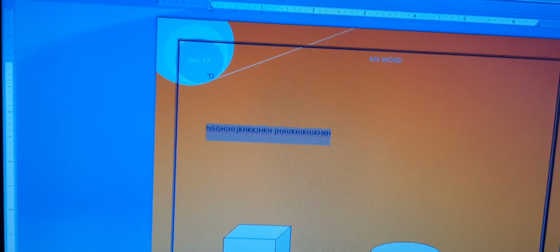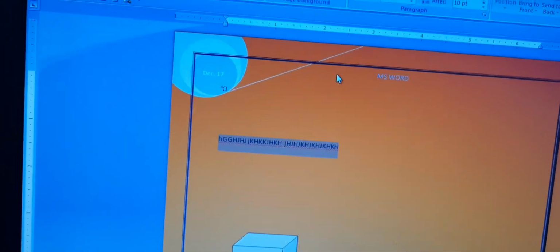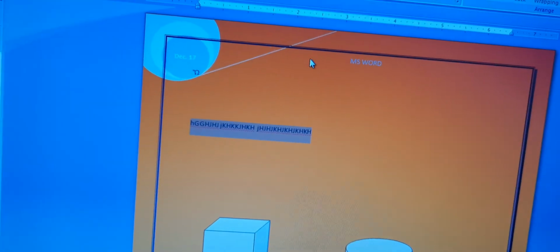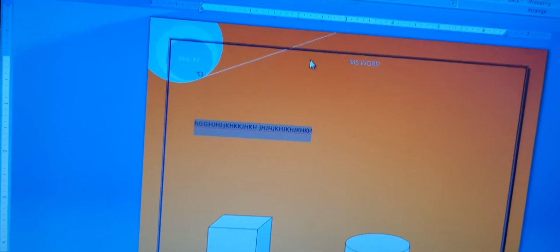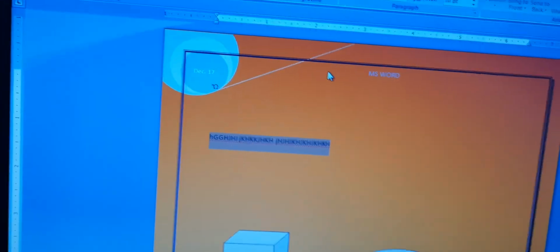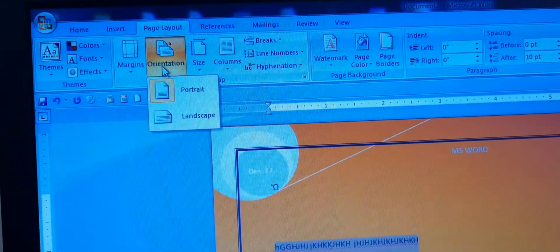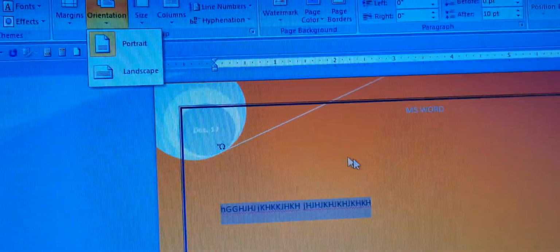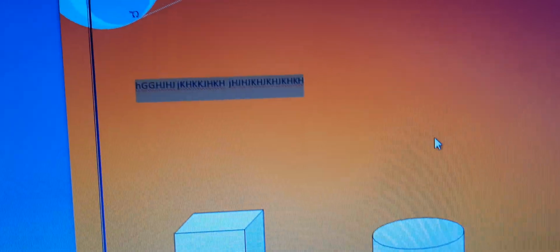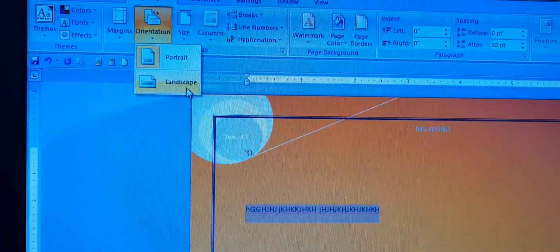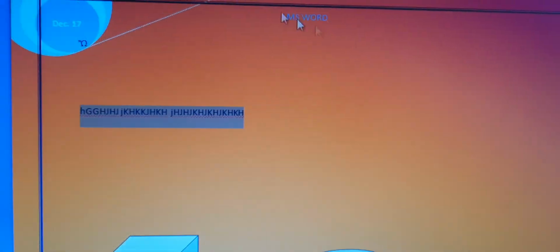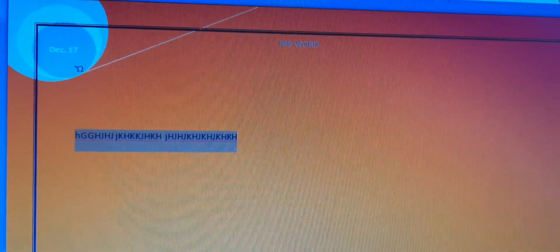It means how we will be able to see the page, or in what way it will print when we give the print command. So orientations are of two types, I told you. First is portrait. By default your documents are in portrait orientation, and if you choose landscape then it will be chosen like this. Fine, you can see here.